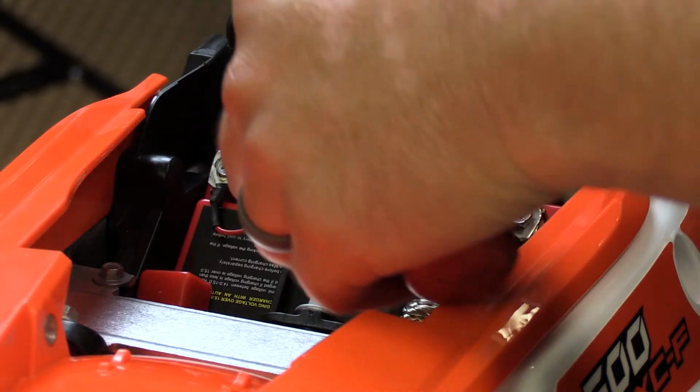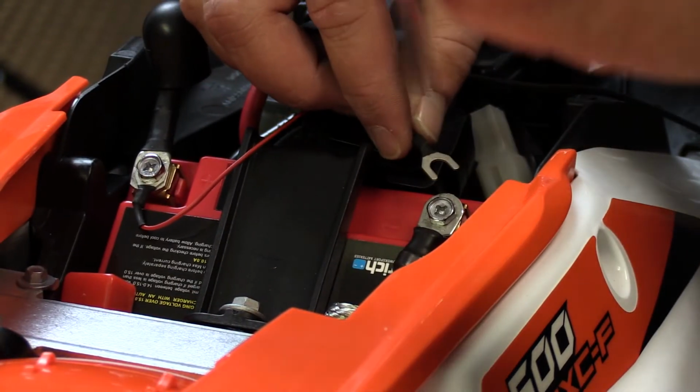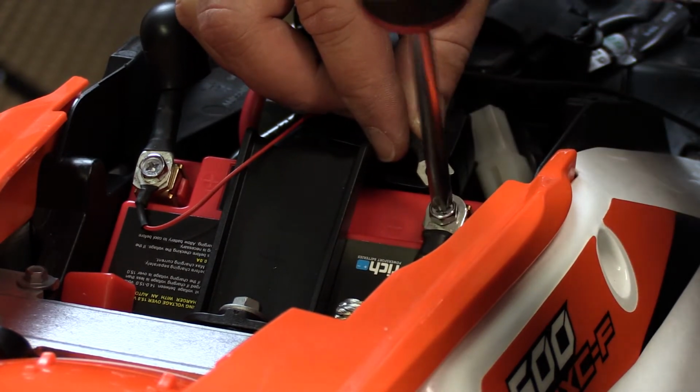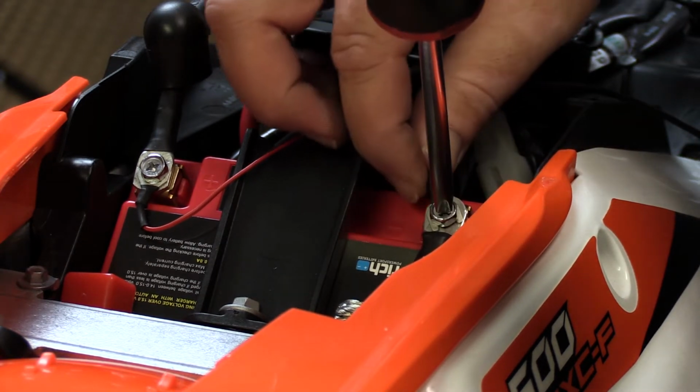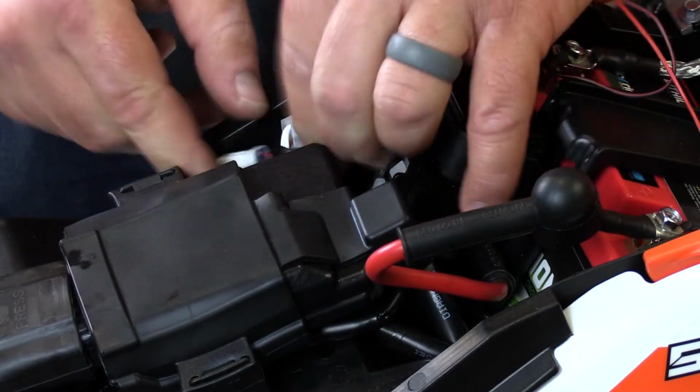So the next step is to plug our positive lead onto the positive terminal of the battery, and then to slide our negative lead under the negative terminal of the battery. Now this negative lead doesn't have to go to the battery. It can go directly to ground. That's your choice. Once we have these two wires connected to the battery, we're going to take this wire harness